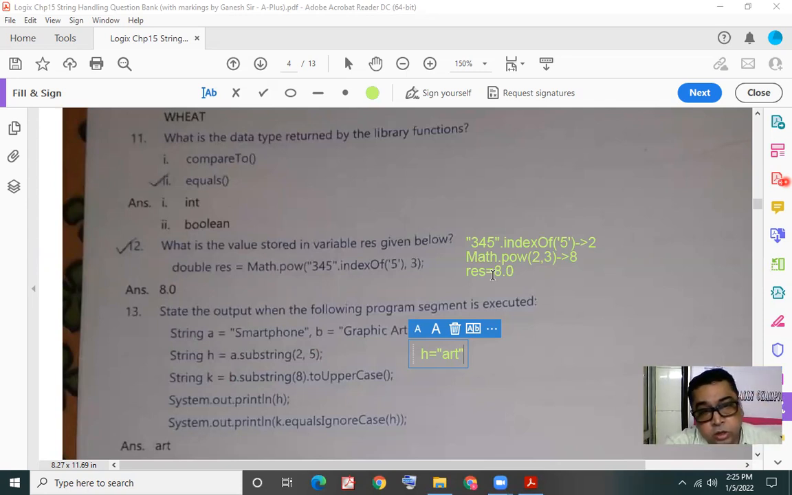Yes, first the substring method would be executed. Here the methods will be executed from left to right. If you ask me why, the reason is there is no method in a pair of round brackets, which otherwise we would have evaluated first. If there had been any method in a pair of parentheses, we would have evaluated that first. So here we'll be going from left to right. So first we'll be executing